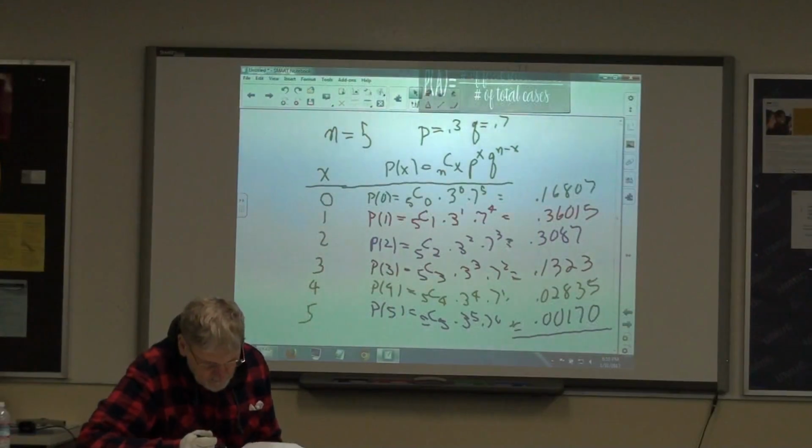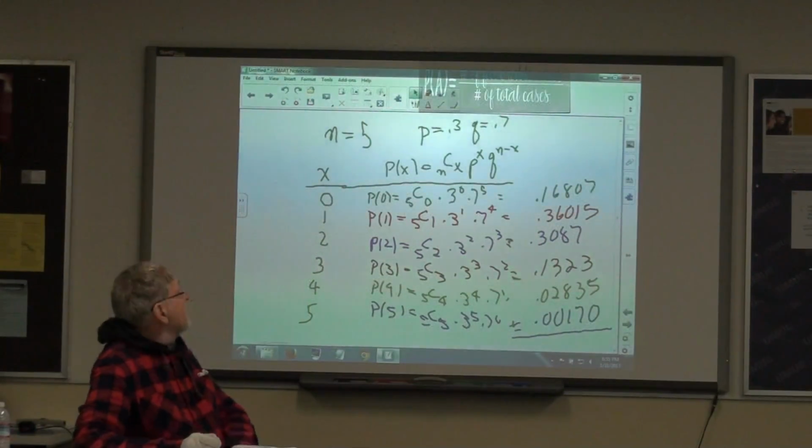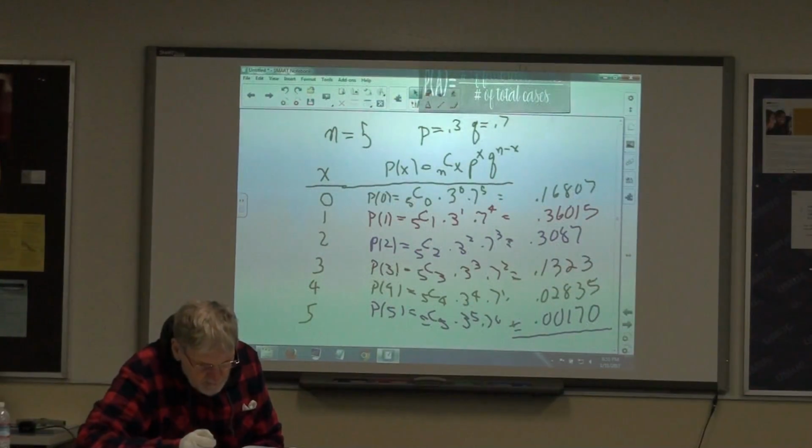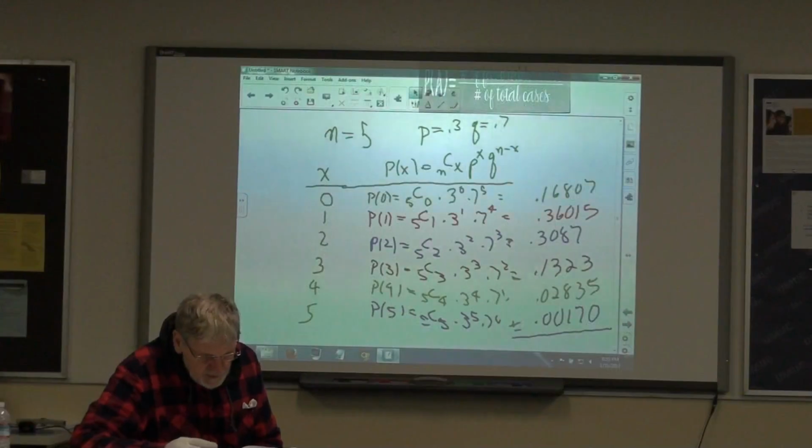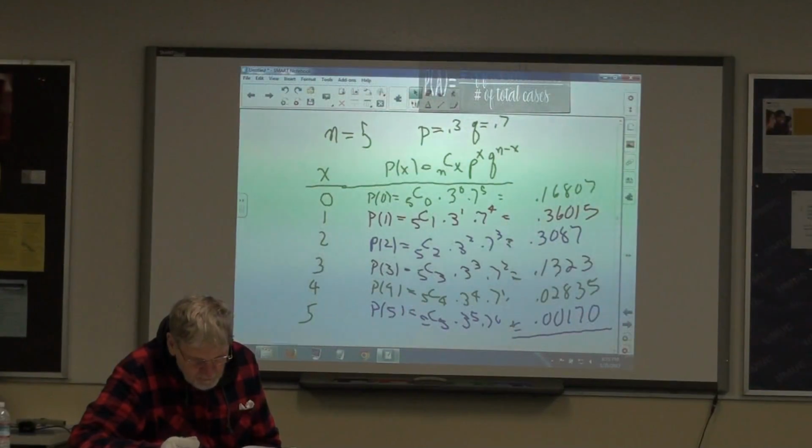Now, I would like you to find the entry into this table for our value of n. What's our value of n? I believe our value of n is 5. I believe it says 5 up there, doesn't it? Yes. So our value of n is 5. Now we want to find the column for our value of p. What's our value of p? 0.3.